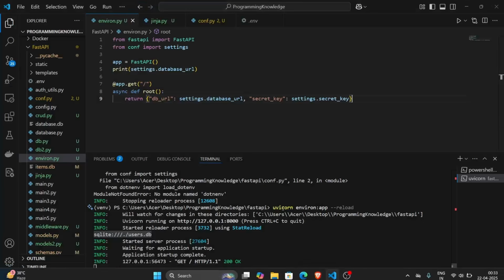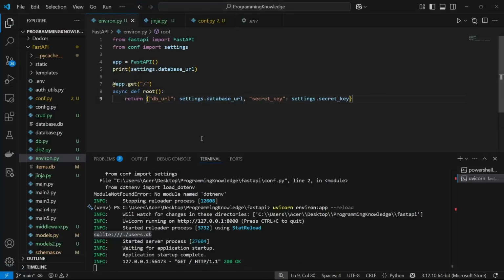So that's great. We have actually learned how you can work with .env and configuration files for basically handling secrets